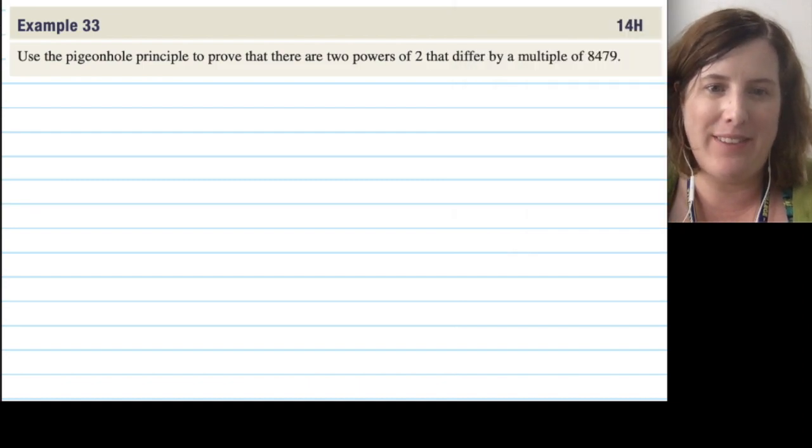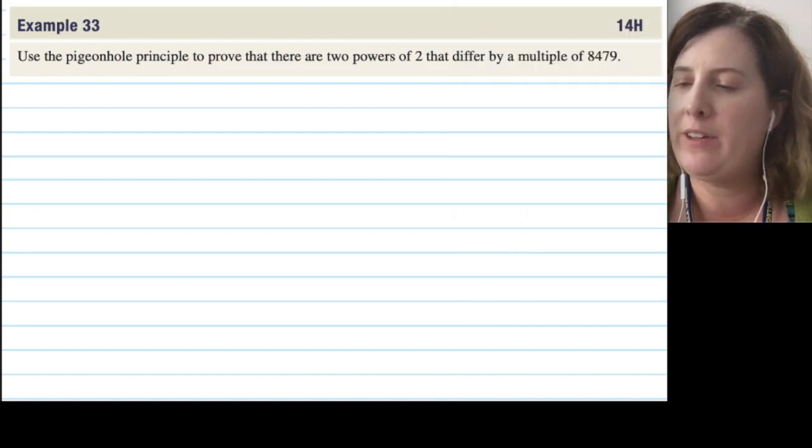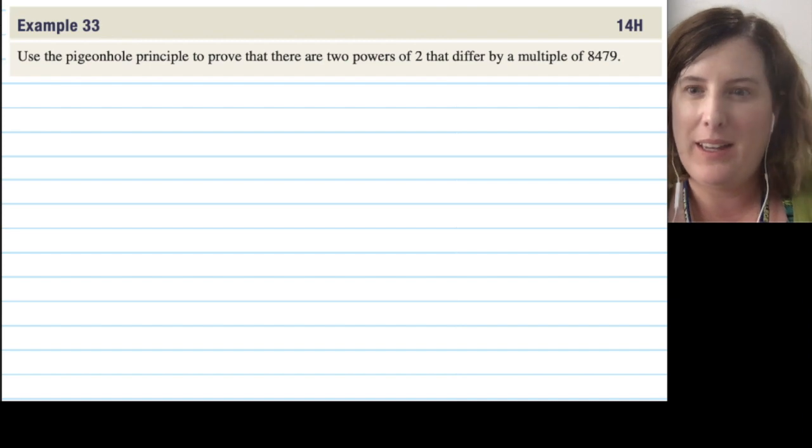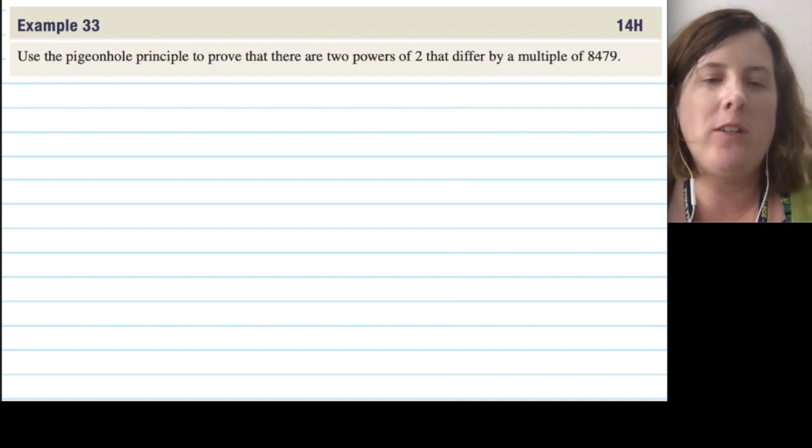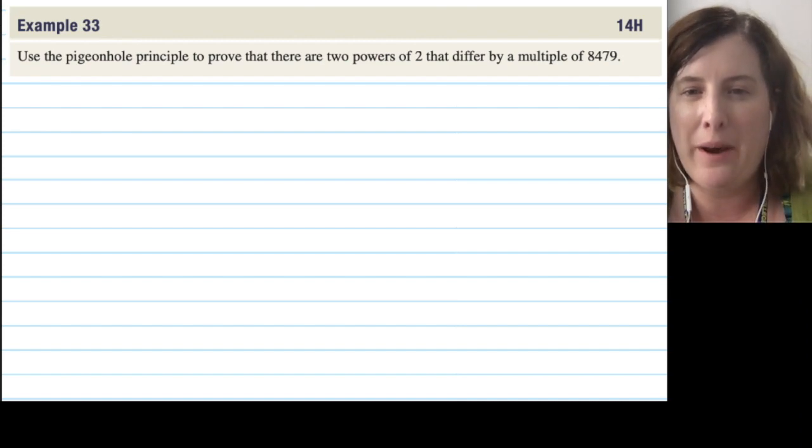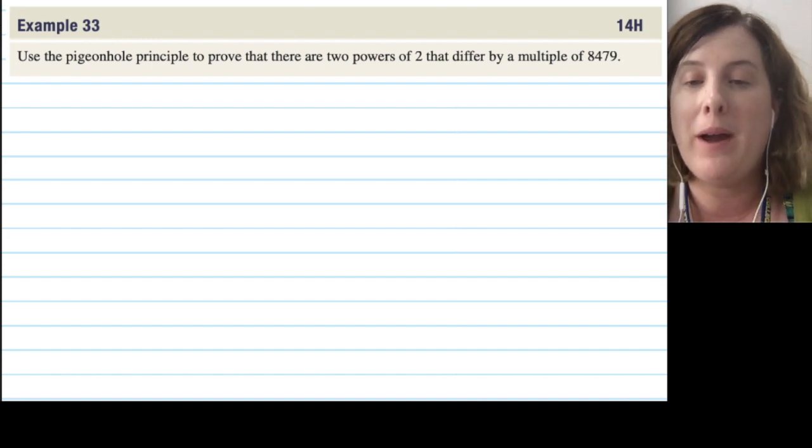Have a look at this question. I've saved this one for a special video because it's a bit scary. Use the pigeonhole principle to prove that there are two powers of 2 that differ by a multiple of